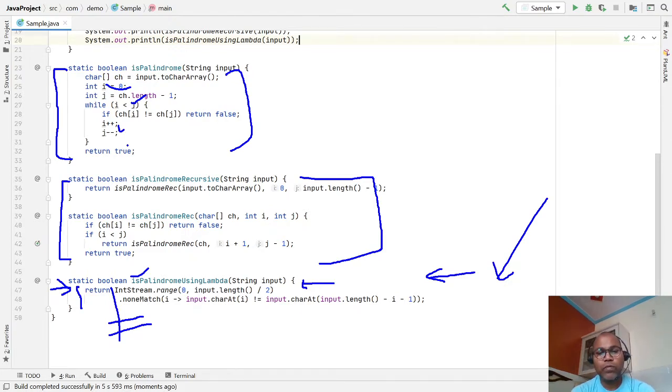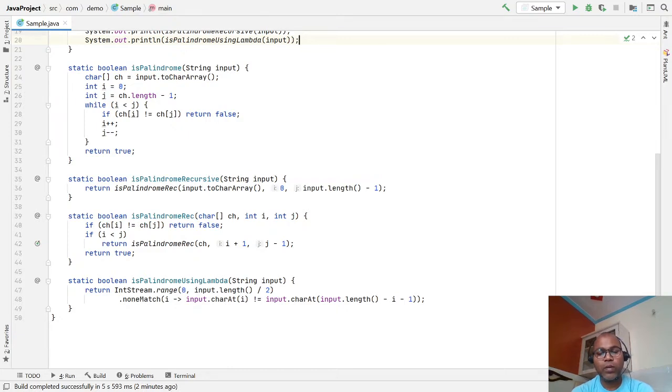Okay, so with lambda functions and Stream API support, you can write very concise and immutable code. The same thing: you are iterating a loop from 0 to length minus 1, and the same is happening here. Here you are checking the first character against the last character, and we are also checking the first character against the last character here.